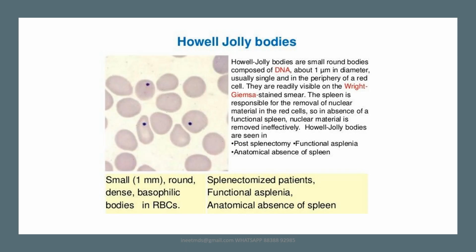Some of the findings which you see histopathologically include the presence of Howell-Jolly bodies. Howell-Jolly bodies are small round bodies composed of DNA, and they are visible in Wright-Giemsa stain. The reason for the presence of Howell-Jolly bodies in conditions like megaloblastic anemia is, as I have already stated,